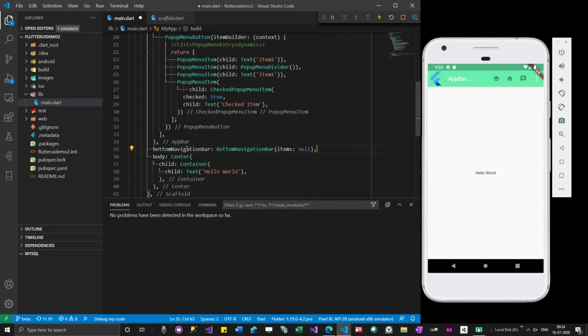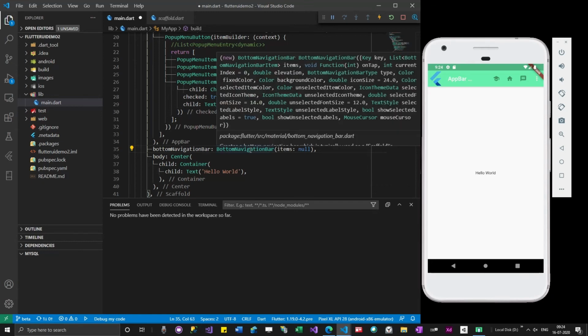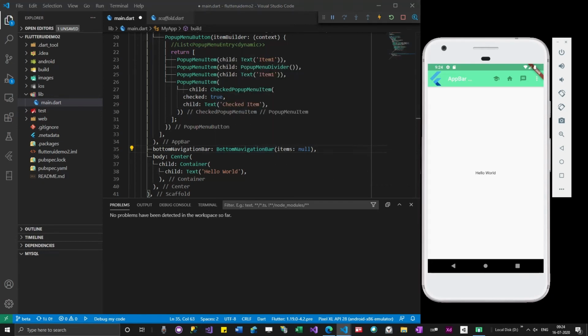See, the reason why this accepts widget is because it will provide you a custom way of doing it. Custom means doing it in your own way, on your own terms. For example, bottom navigation bar will not have so many things to offer out of the box.